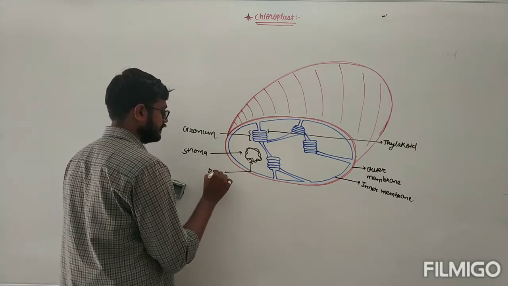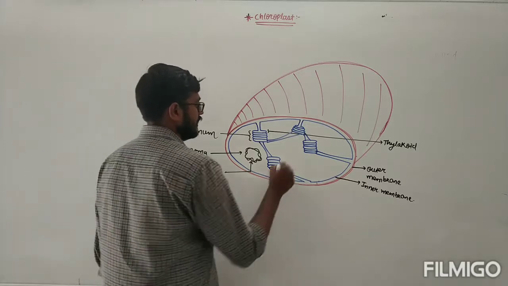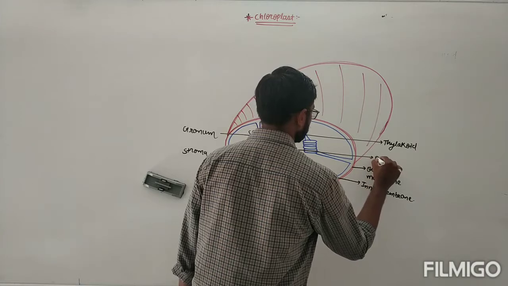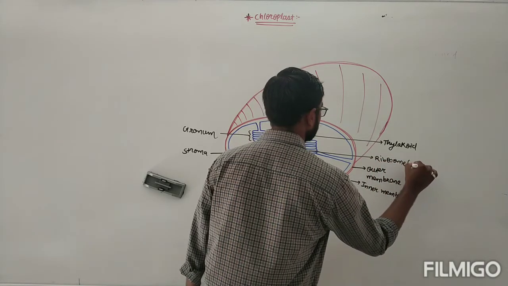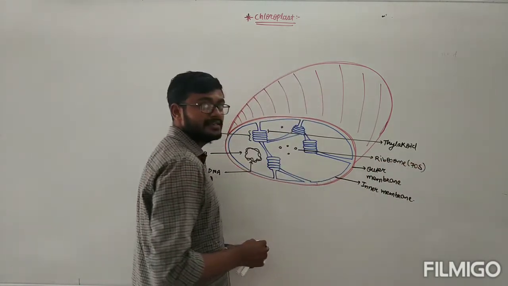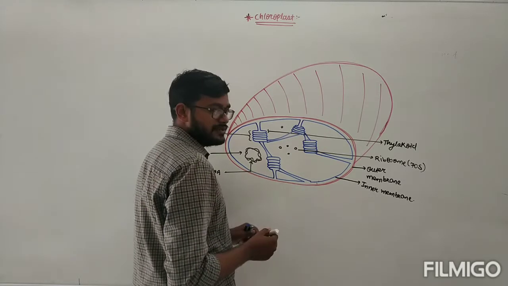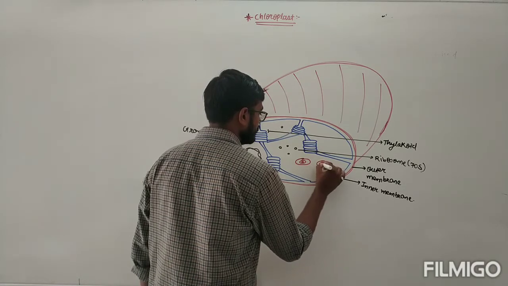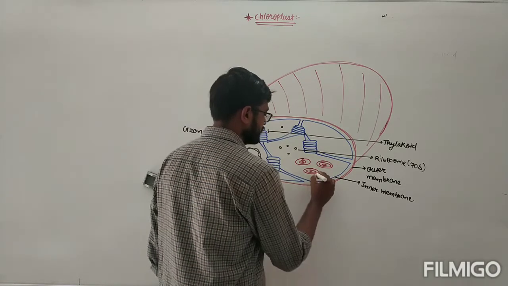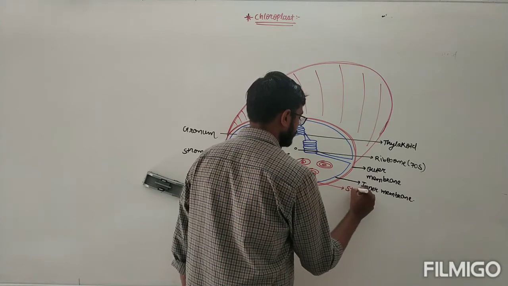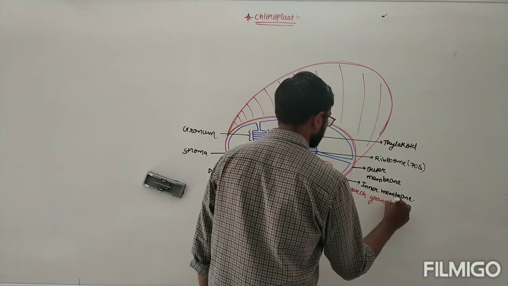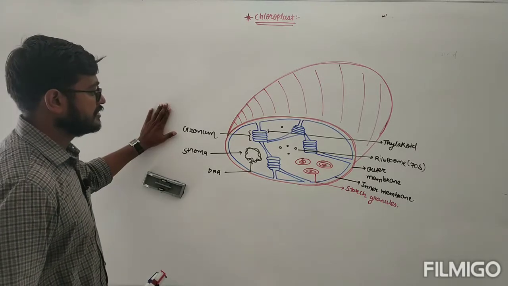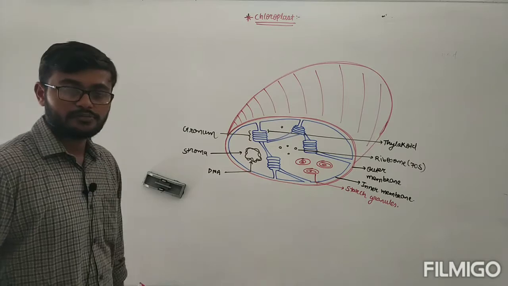So this is the portion of deoxyribonucleic acid, DNA, and here ribosomes are present. What is this, dear student? These are the ribosomes. But here the ribosome is of which type? 70S type. And on the inner side, stored food materials are also there, and these stored food materials are in the form of starch granules. So this is the characteristic feature of the parts of the chloroplast.